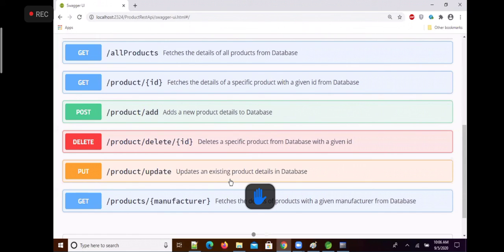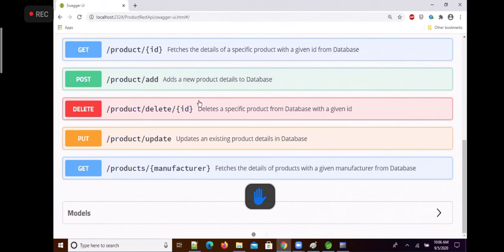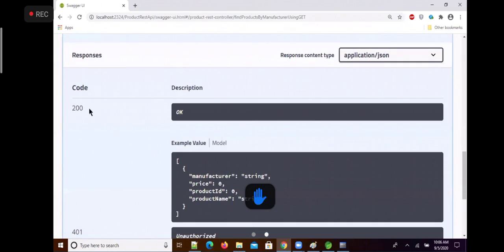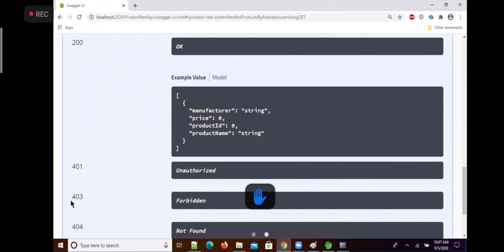Again, I would like to tell you, these are all the default responses. See, for example, if you open any one of the endpoints, by default you're getting 200 description okay, 401 unauthorized, 403 forbidden, 404 not found.